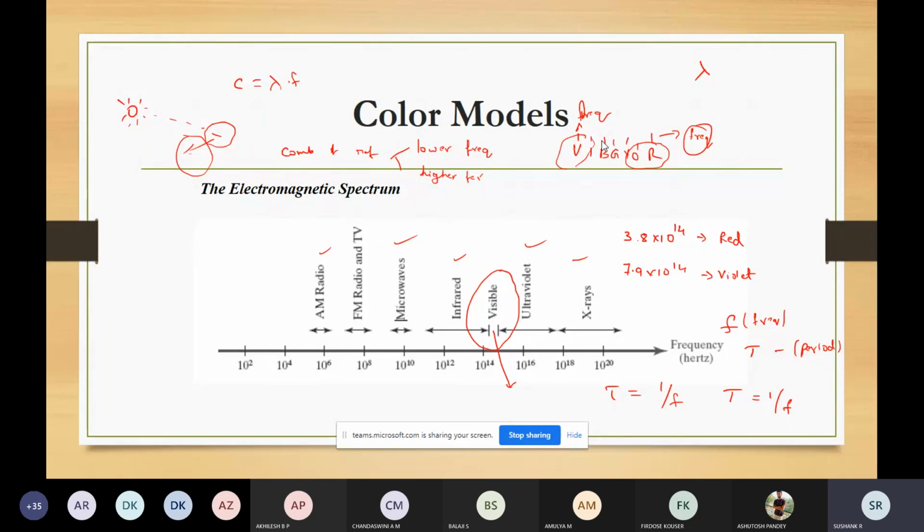So that is how the human will perceive, that is how we are perceiving the color. Here, the dominating frequency: if the dominating frequency is of lower frequency, red color. If the dominating frequency is of higher frequency, we'll be seeing the violet color. So this dominating frequency is known as the shade or the hue, I'll spell it as HUE. So the dominating frequency, hue or the shade, will be the color of the light.